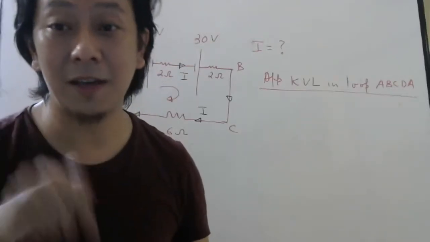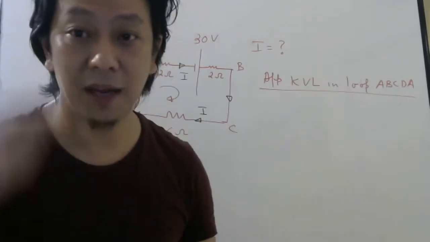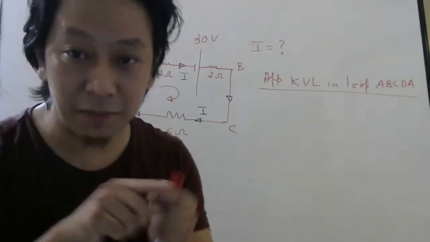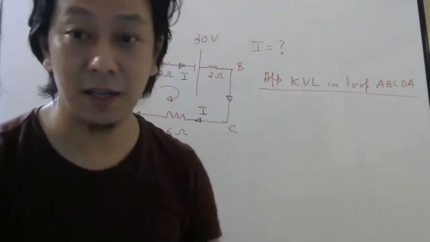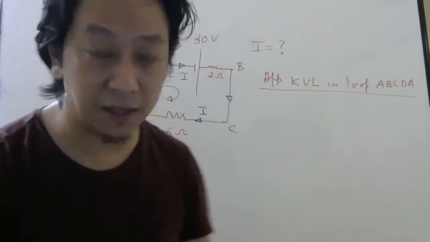Plus or minus that you decide. For battery, if it is drop, plus. For drop, I write plus. And for current, if you are moving in the same direction of current, plus. If you are moving opposite to current, minus. So please check the sign convention tonight before sleeping. Try to remember it carefully.